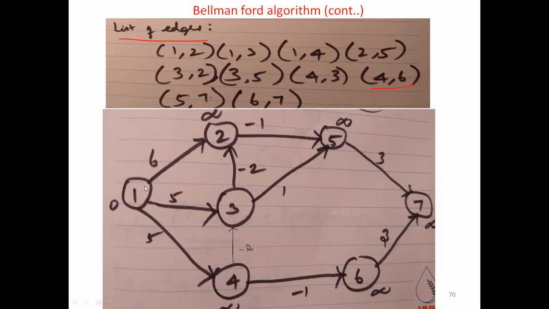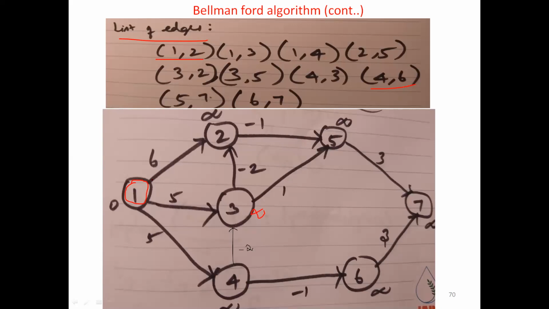So we are starting from vertex 0. Initially, we have to update the label or the distance of each and every vertex from 0. So I am initializing the distance of the other vertices as infinity. Why? Because I don't know the distance of the remaining vertices. Initially, what I do first is remove the edges one by one from the list of edges. So what is the first edge? 1 comma 2.